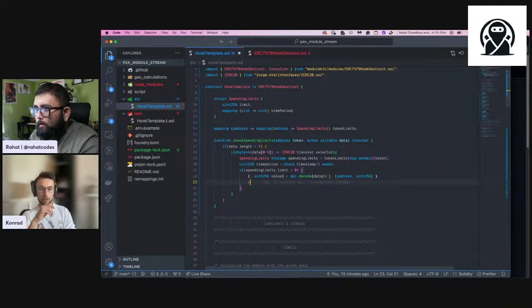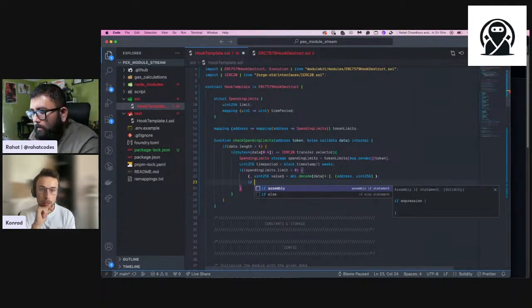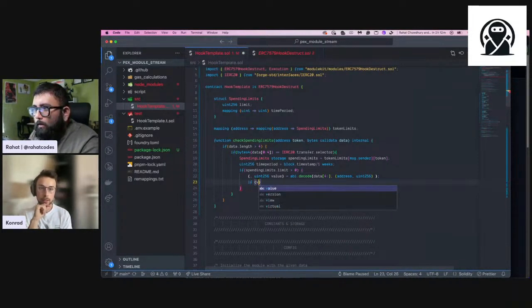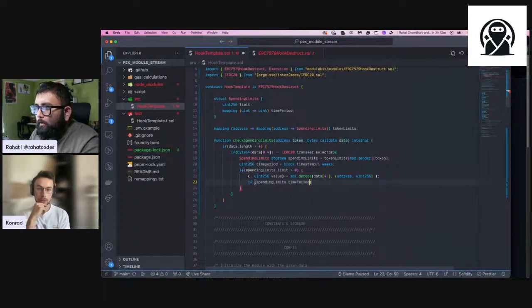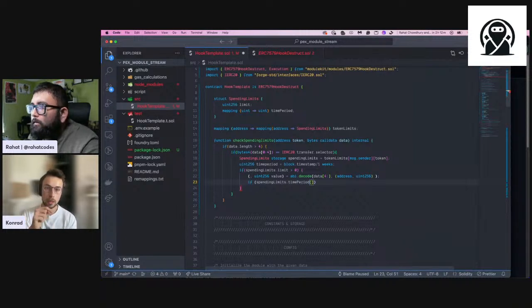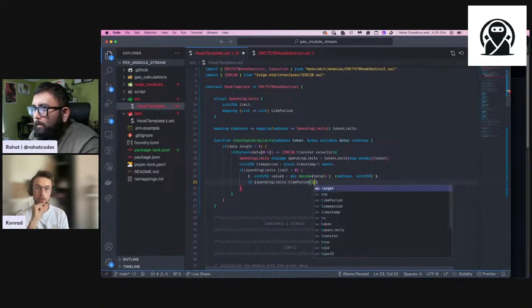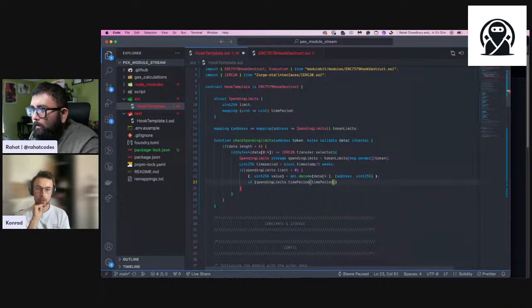Yeah, we can do, like, if, what is it called? If spending limits dot time period. Time period. And then again the square brackets, because it's a mapping. And then we put in time period, which is the time period we calculated just above. So if that, which is kind of what we spent during this time period, plus value